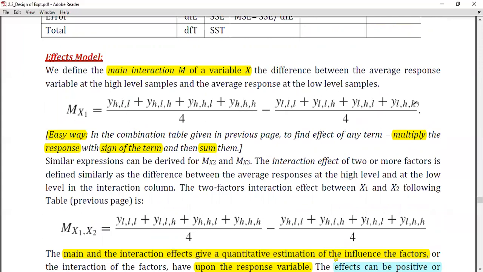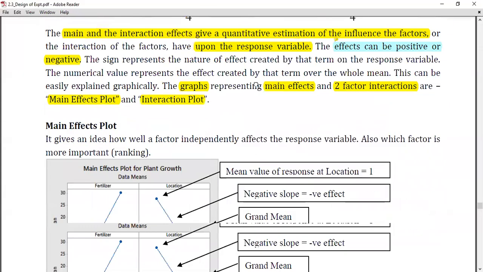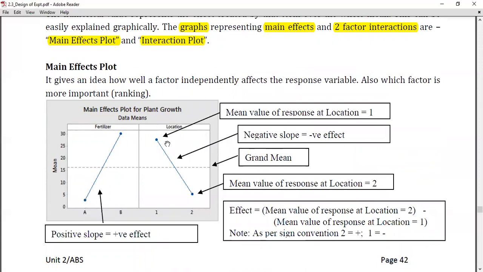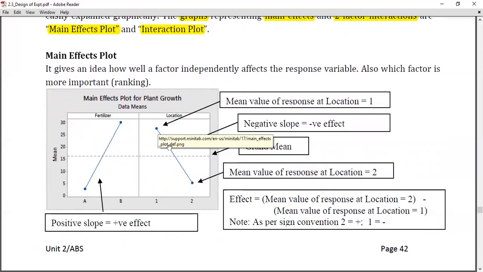This value minus this value: these two values are plotted on the graph. The average of four values is low, and the average of the other four is high. Remember that the average could be high or low at any values; numerically it may be greater or smaller, it doesn't matter. In this case, numerically the low is lower than the high position. Here it is reverse. Numerically the average is higher at the low point, and it is lower at the high point. So in this case the response has a negative slope, you get it. Here you get a positive slope.